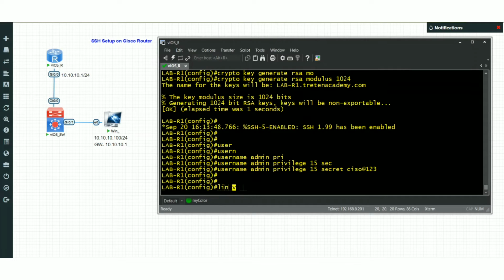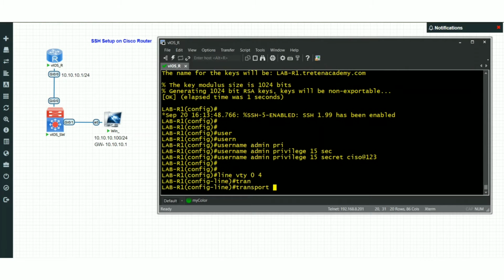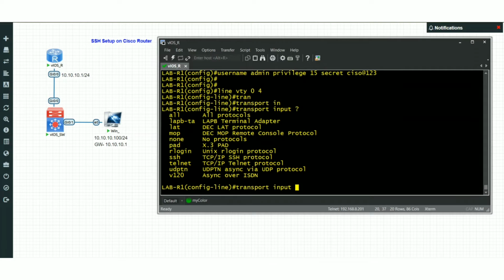Line VTY 0 to 4, which means I would have 5 concurrent sessions on this router: 0, 1, 2, 3, and 4. So with this, I would say transport input, I can say allow all protocols. But in this case, we are concentrating on just SSH. So with this command, only SSH connections will be allowed remotely to access this router via remote management. So with this, I say SSH,